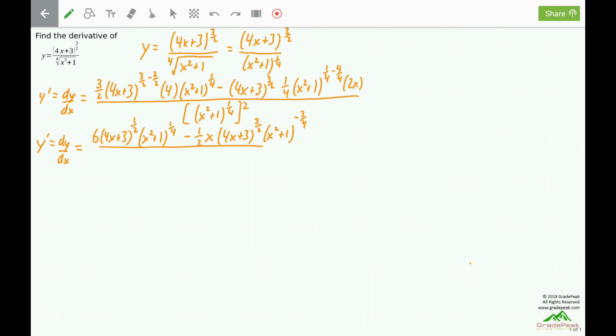All this is divided by (x squared plus 1) to the 1/4, and then raised to the 2. Now when you raise and raise again, you multiply those exponents, so that's going to go to a 2 times 1/4, or 2/4. So what I have here is 6 times a (4x plus 3) to the 1/2 power, and (x squared plus 1) to the 1/4 power,